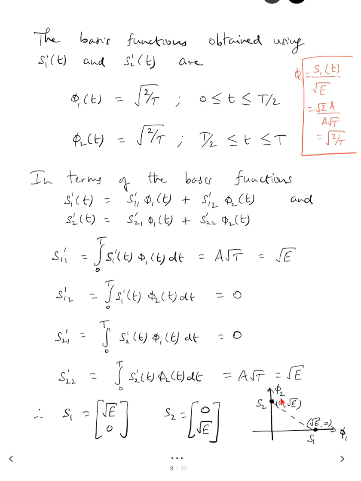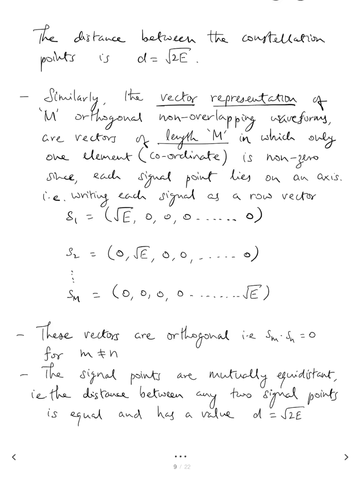For the second signal, the x coordinate is 0 and the y coordinate is the norm. If we extend it to 3 dimensions, then for the first signal the x coordinate will be the norm, and the y and z will be 0. For the second, the x and z will be 0 and the y will be the norm, and for the third one the x and y will be 0 and z will be the norm, and so on. In that way we can get the vector representation of m-dimensional orthogonal waveforms